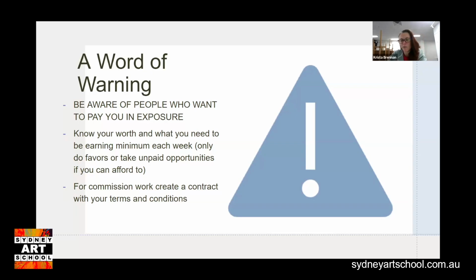So what I mean by that is I've been offered a job, I've been paid for that job, and then someone has seen that work and then has offered me payment for a new job. That's the only time that I benefited from exposure, is when I got paid to do the work. I did a few things when I was starting out for just exposure. Nothing came of it. The exposure was absolutely meaningless. There were no further jobs. There was nothing else that came from it. So get paid what it's worth, or do it because you believe in it, but don't do it for the exposure. It will never be worth it.